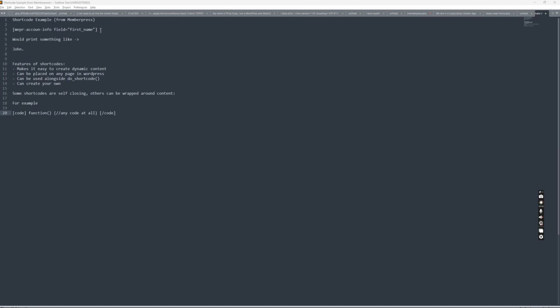For example, this MemberPress shortcode is the account info shortcode, and it's telling it to use the field first name, so it would print something like John. So we could put this on any WordPress page, and if we're logged in, we would see the user account's